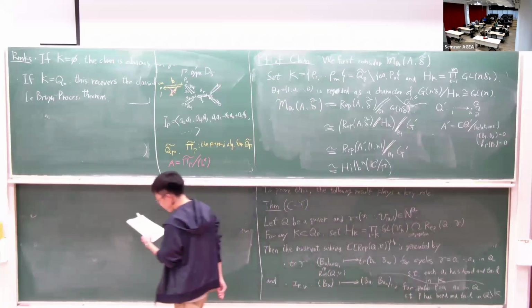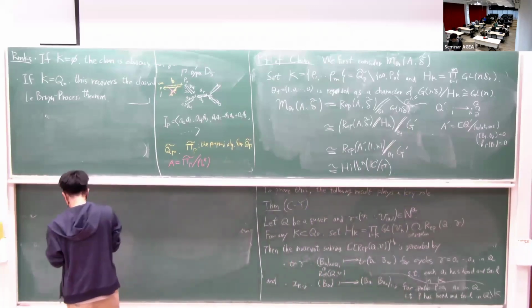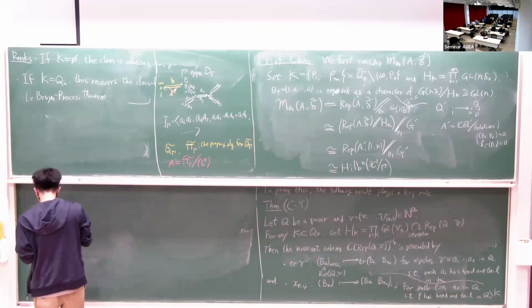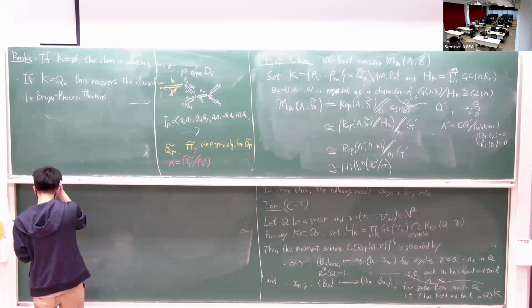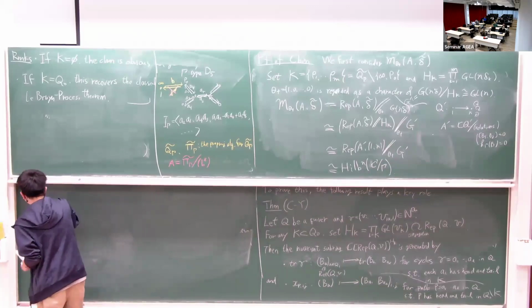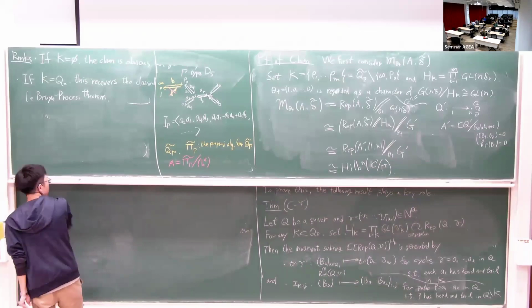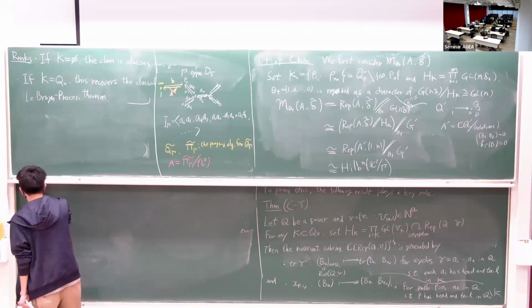And originally, we should show that the Hilbert scheme. So by that isomorphism, we obtain